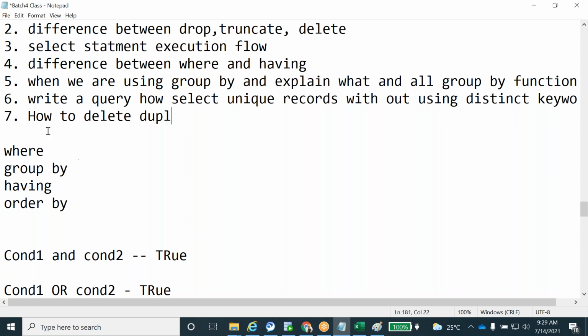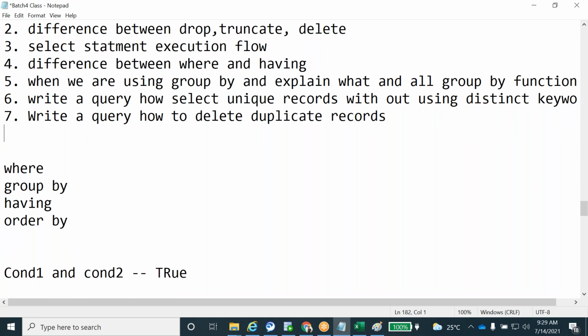Write a query. You know deletion, right? DELETE FROM table name, something like that. You have to prepare this query.